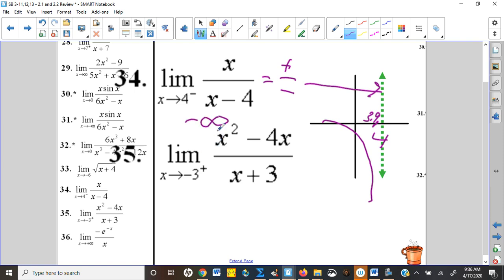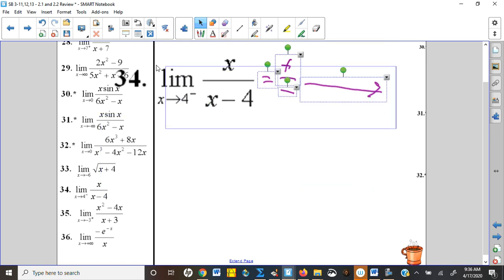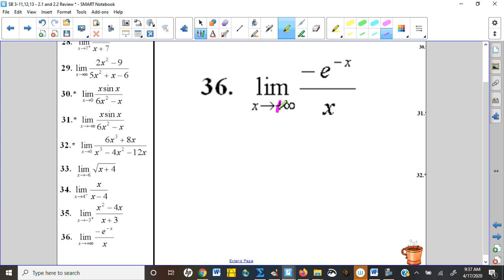That's how you can do a number test to figure out if you're generating positive or negative numbers. Okay, so that's a little hint on how to handle 34 and 35, although you probably just graphed them on your calculator. Then once again, end behavior, right? As I move to the right, we don't usually see the plus with the positive infinity. As I move to the right, what kind